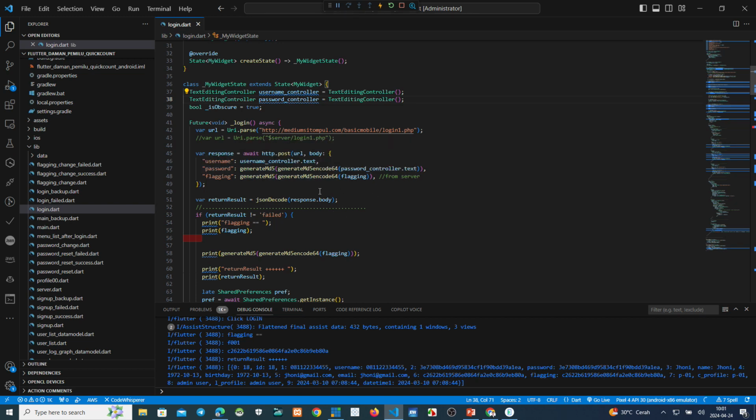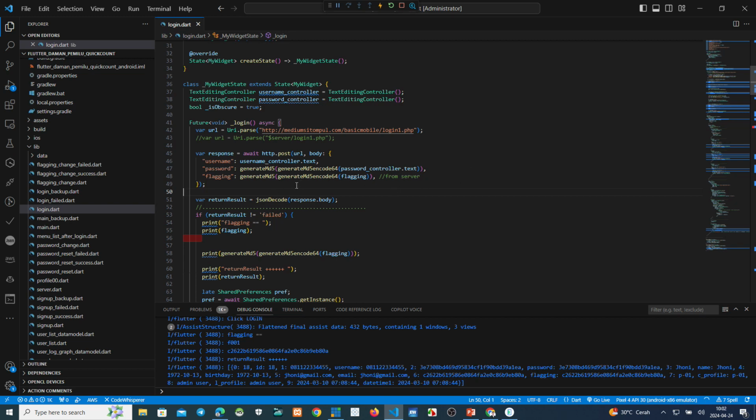The first one, we encode Base64, and then we encrypt again with MD5, and then we encrypt the result of this encryption to generate MD5 again.